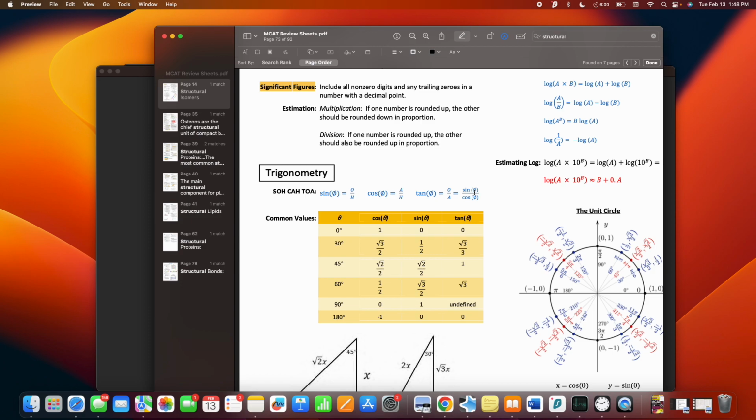So sine over cosine. Common values. The cosine for 0 degrees: cosine is adjacent over hypotenuse, which is 1,